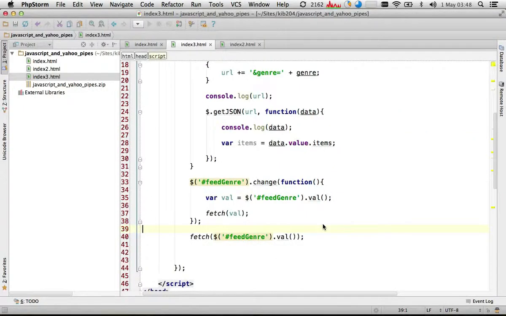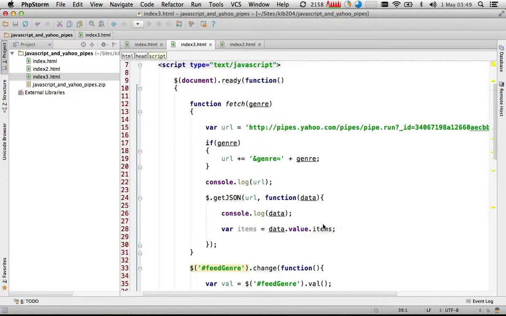Okay, so that's really all of the new stuff. The rest of it is just building upon what we did last time. We take some data and then we output it into the web page. So let's just